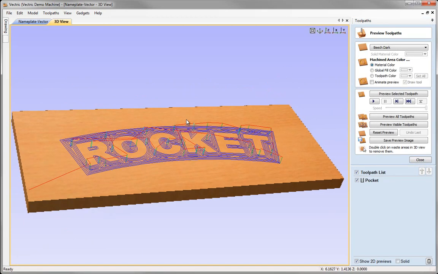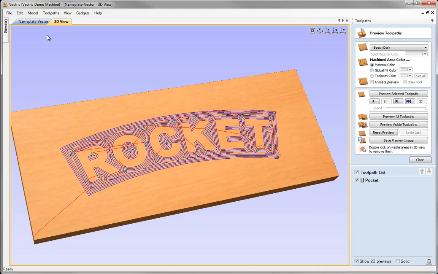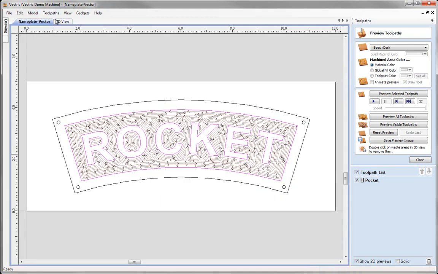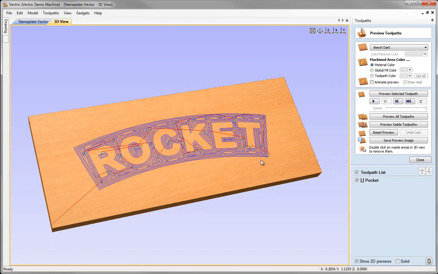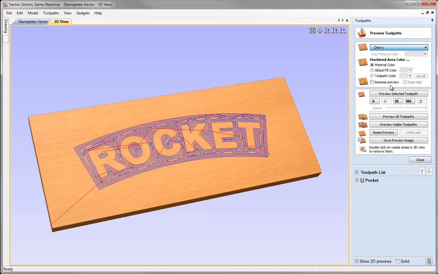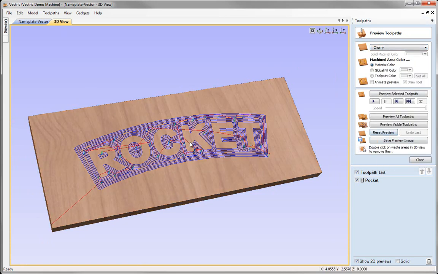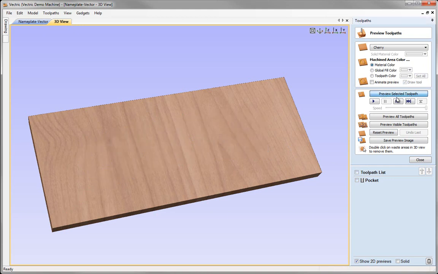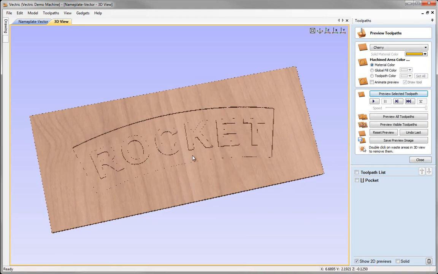So there we can see the toolpath drawn for me in the 3D view. Automatically the software's gone from the 2D to the 3D view here to show me that toolpath, and it started the preview toolpath menu here. What this does is allow me to choose different materials depending what I'd like to preview this in. So maybe I'll pick cherry wood to look at this in. And then I can come down and I can do things like choose different colors for the area I'm going to machine. In this case, let's just go ahead and hit preview selected toolpath,